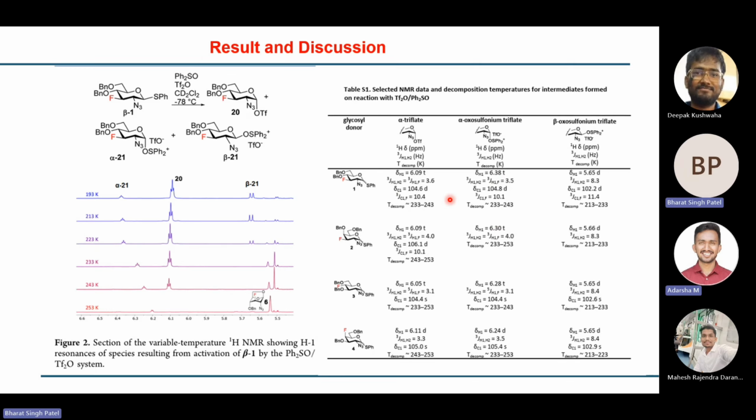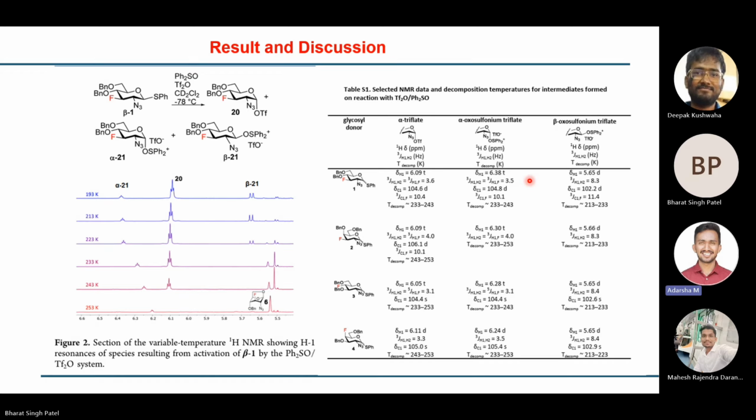No, it's not a triplet. We are just thinking about the coupling constant, the carbon coupling constant. It is fine, because in the alpha case this coupling constant is below 5 only: 3.5, 3.6, 4, 3.1, 3.3, 3.5. But in the case of beta, I'm not analyzing the data. I'm just trying to say it is the fluorine-coupled C1 spectrum, no? Oh, that also you're saying. So that is also not affecting too much. Even H1-H2 and H1-H couplings are almost similar only. I'm looking at the data, the different kinds of coupling constants.